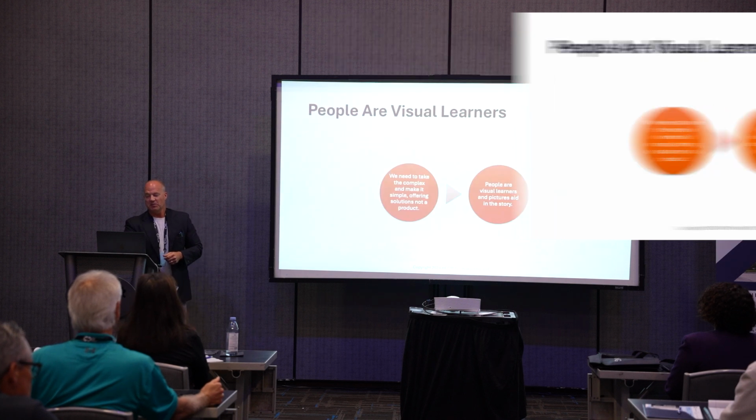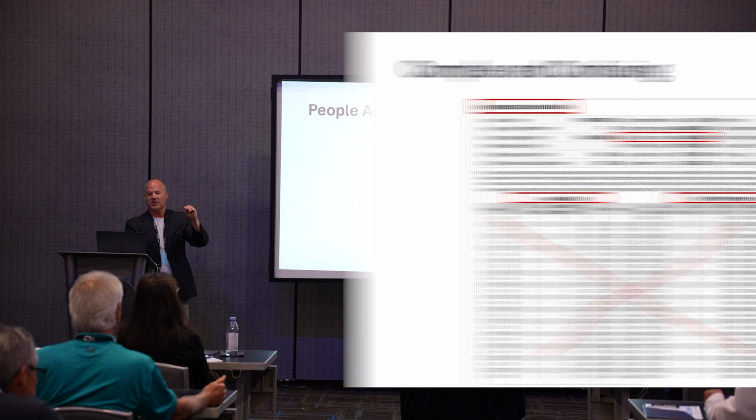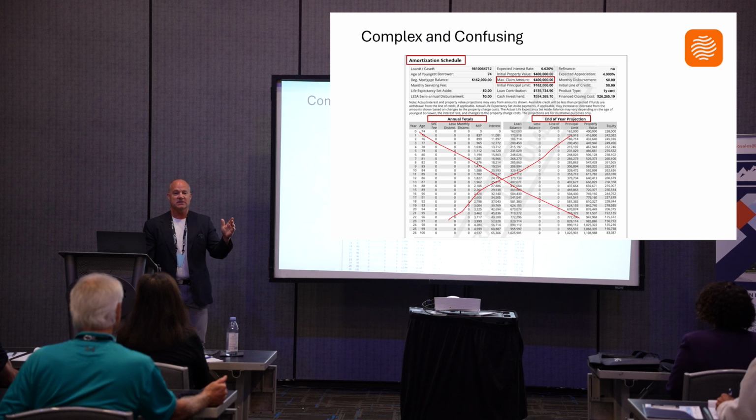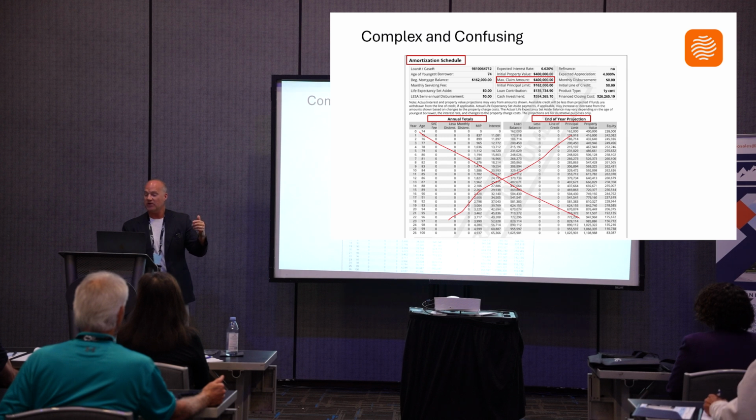So the first thing, how I doubled my business, again, people are visual learners, so we need to have something very easy for them to understand visually. We take out the complex terminology, amortization. If you can see that, yeah, you can see that from back there, right? Max claim amount. For you forward people, you guys know what a max claim amount is? And I know you know reverse. Forward people know, right? It's the value of the house, the purchase price,